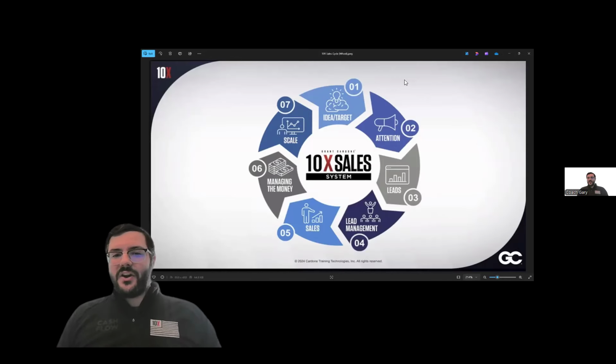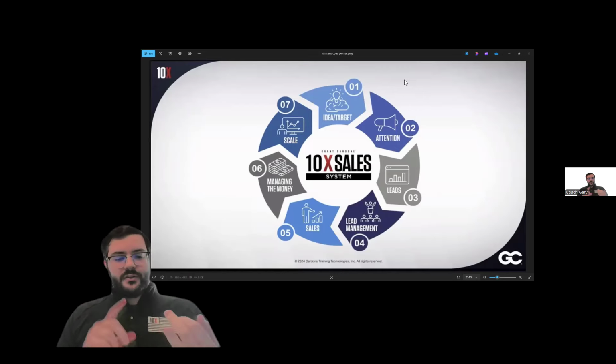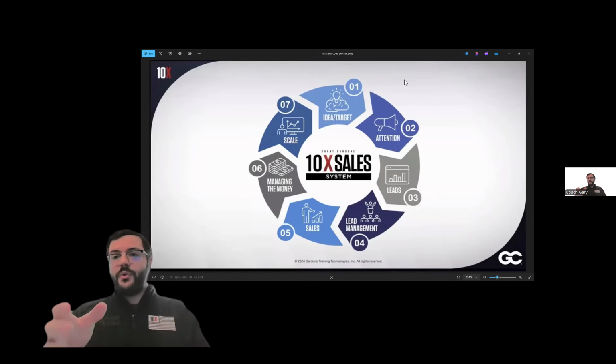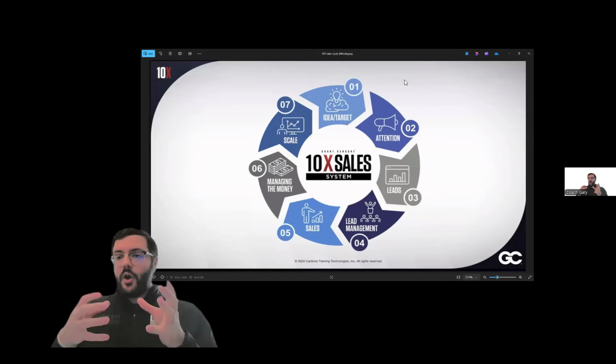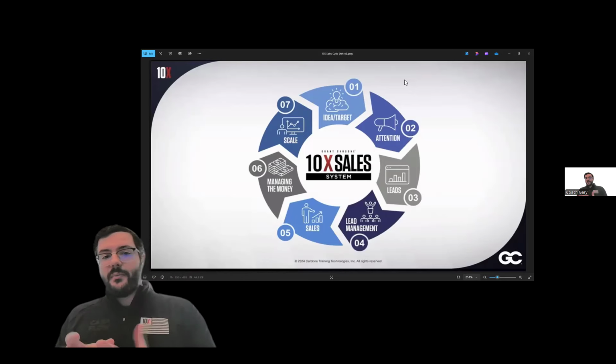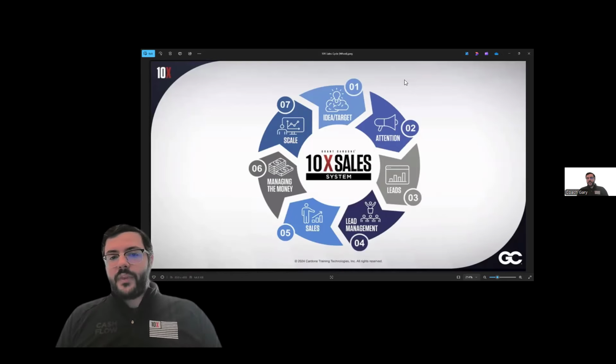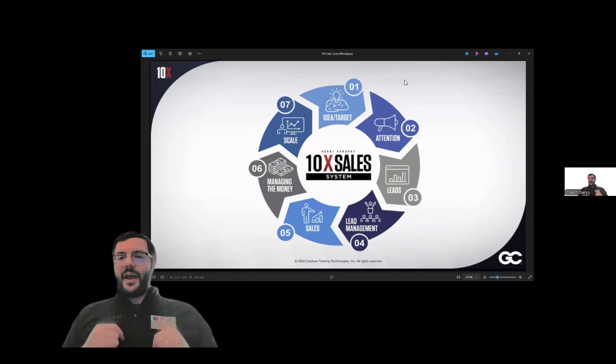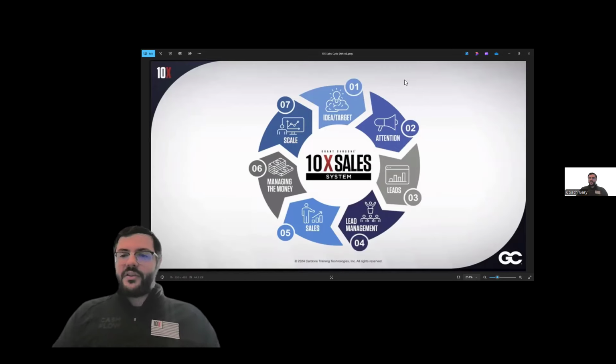Now, that new idea and target, to be clear, under scaling, could be increasing our product offerings, increasing throughput, doing more of what we do best, acquiring a related business, acquiring an unrelated business, moving into some other business. It could all take a different shape. But that new idea and target is predicated on everything we've done before. So that's the sales system.